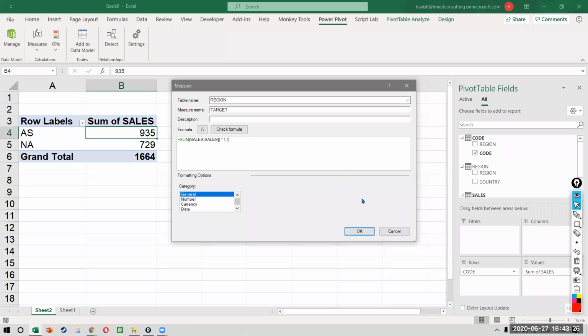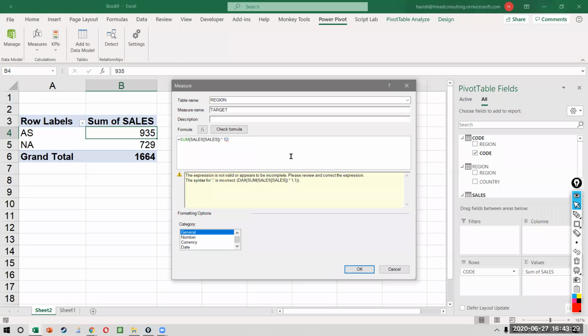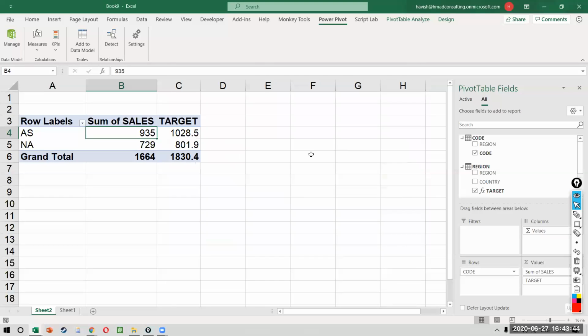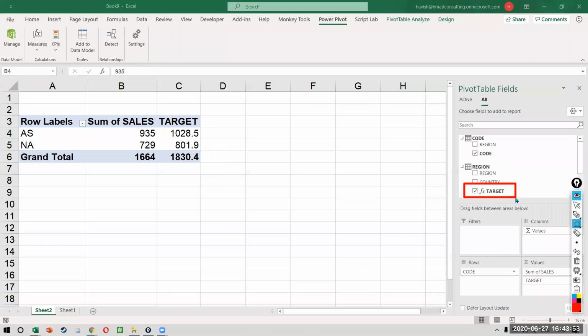And once you've done this, you will notice the target will come automatically. And the best part is that the target is coming inside the pivot table, and it will appear with the FX symbol in the pivot table field list, so that you know that it is a function that you created on your own.